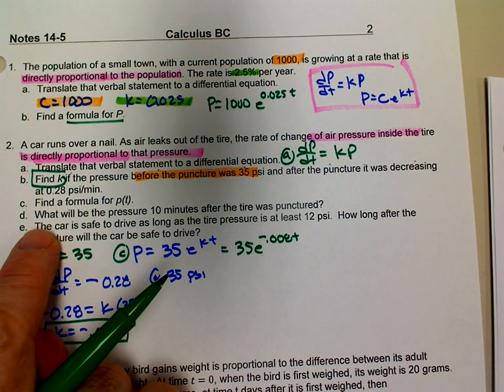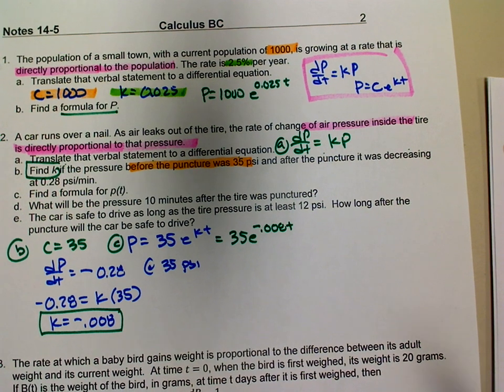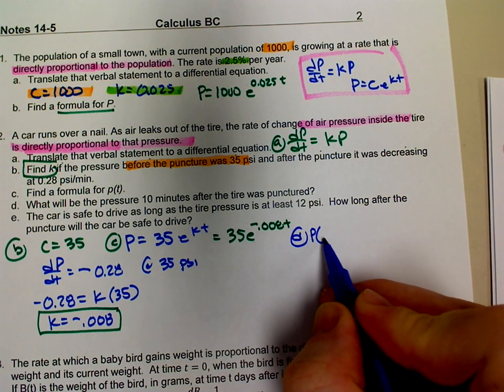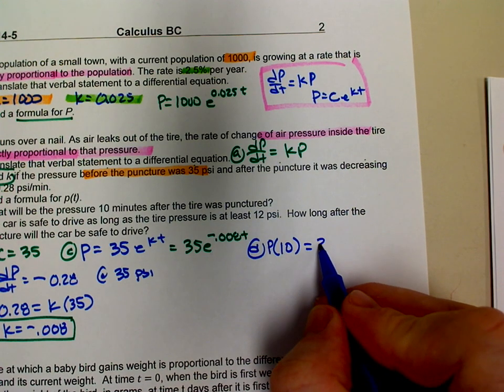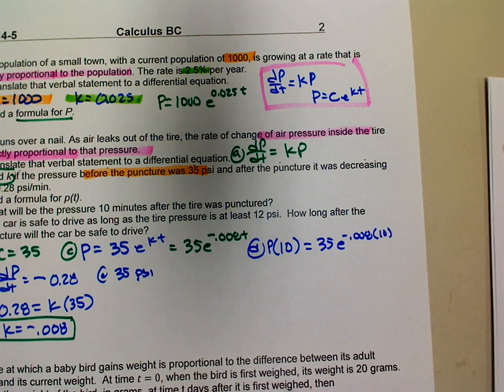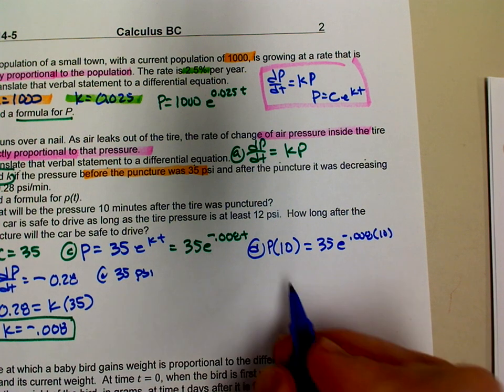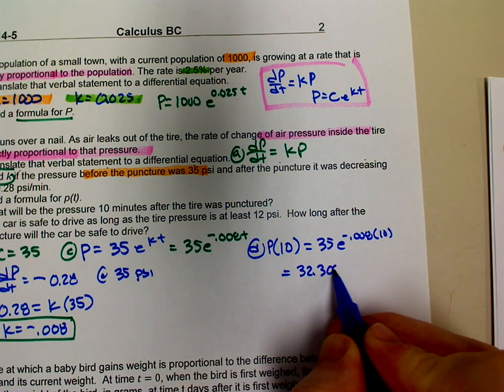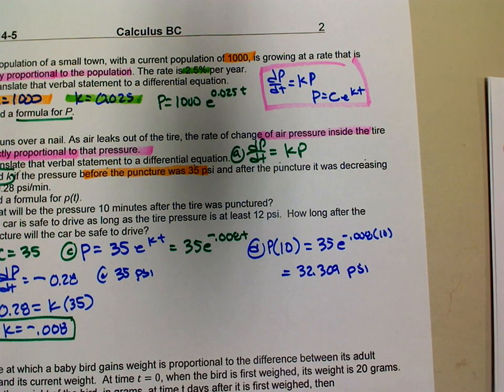Sorry about that. What will be the pressure 10 minutes after the tire is punctured? That's a time of P of 10. That would be 35 e to the negative 0.008 times 10. Just a matter of putting that in our calculator, and you can check your work. We should have 32.309 psi at that point. The next one says, the car is safe to drive as long as the pressure is at least 12 psi. How long after the puncture will the tire be safe? In other words,